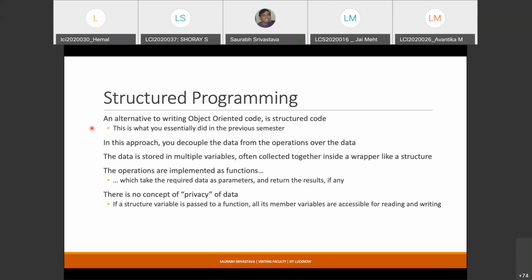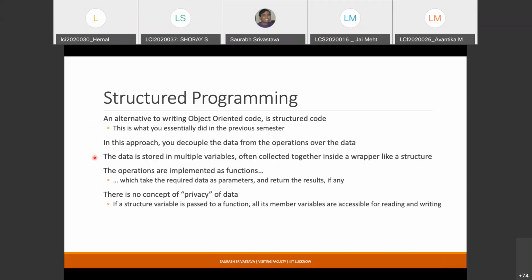Okay, so it was kind of an operation, but you can see that the operation was written separately. It was not a part of the structure itself. The structure was just a set of declarations, a set of variables. The operations that you want to do over the structure were not a part of the structure. That was the difference, right?